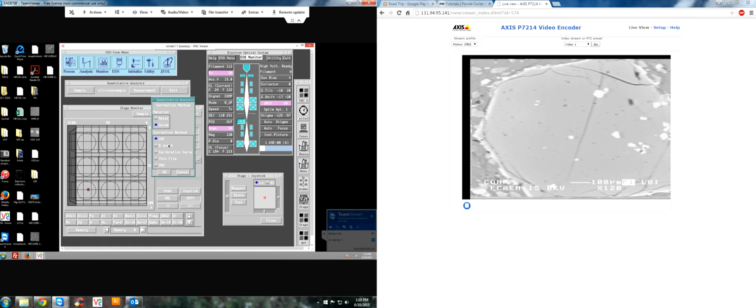This is our preferred correction method on the microprobe. The data correction and calibration system called ZAF is based on correction factors for Z, which is atomic number effects that affect the collection of X-rays, and A stands for absorbance, so different materials have different absorbance of these X-rays,